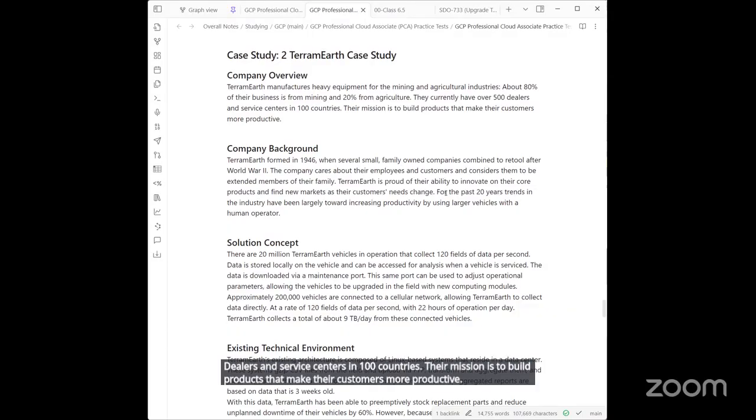Background. The company was formed in 1946 when several small family-owned companies combined to retool after a Great War. The company cares about their employees and customers and considers them to be extended members of their family. The company is proud of their ability to innovate on their core products and find new markets as customers' needs change. For the last 20 years, trends in the industry have been largely toward increasing productivity by using larger vehicles